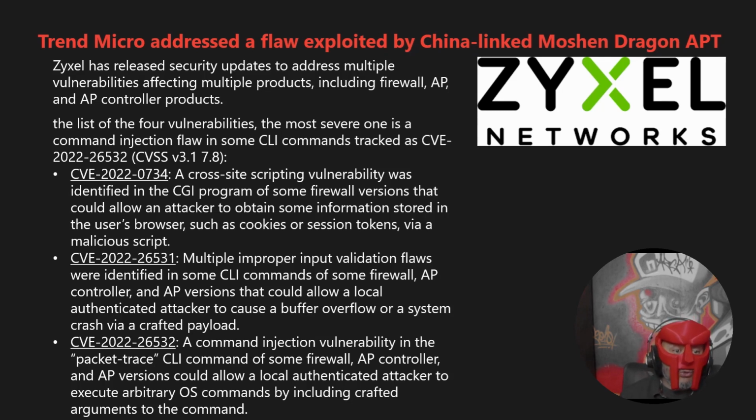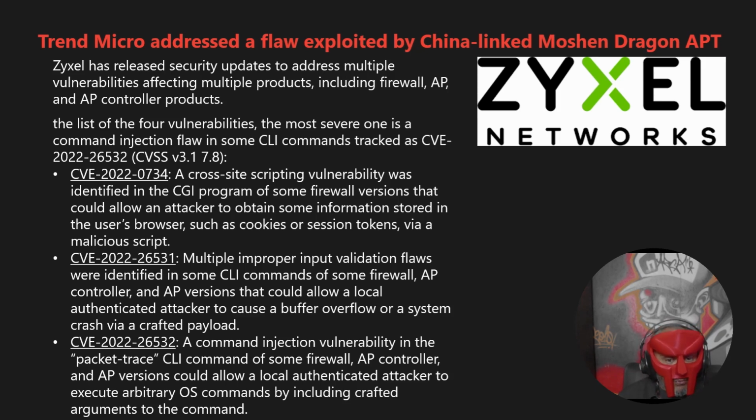There is CVE-2022-0734, which is a cross-site scripting vulnerability that was identified in the CGI program of some firewall versions that could allow an attacker to obtain some information stored in the user's browser, such as cookies or session tokens via a malicious script. Then there's CVE-2022-26531, which is multiple improper input validation flaws that were identified in some CLI